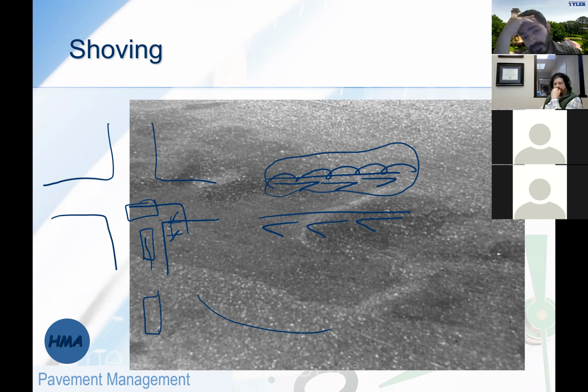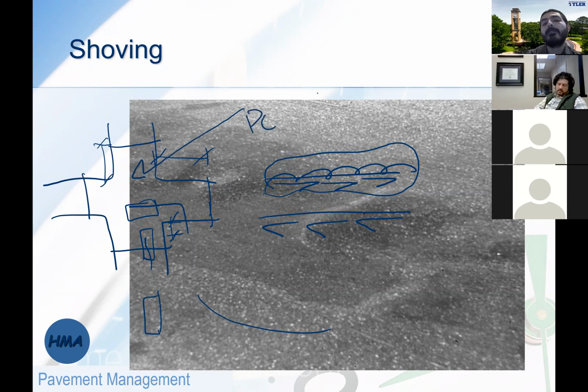One of the solutions for this is to use a stiffer binder closer to the intersection, this area right here. Or I've seen it in Nevada where the entire intersection, plus a certain length away from the intersection, they pave it with Portland cement concrete. It looks interesting, but it works. So it's hot mix asphalt